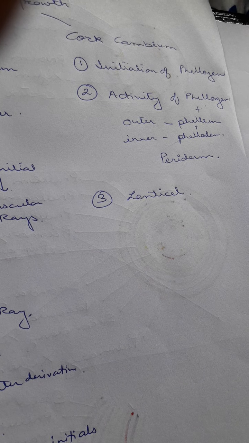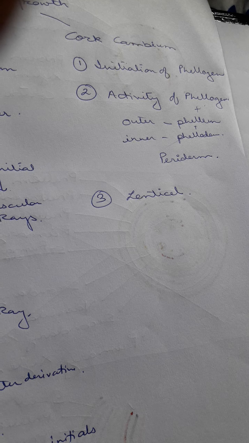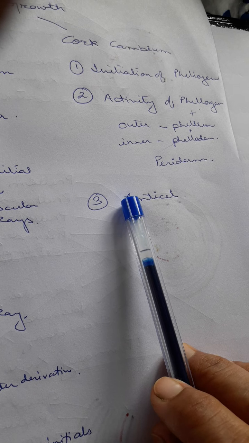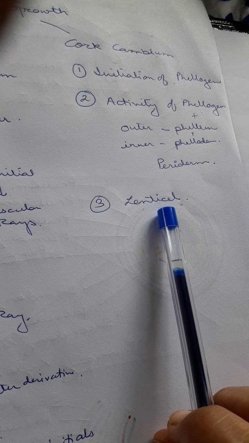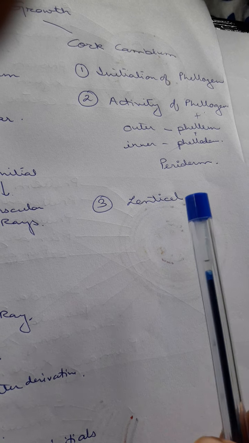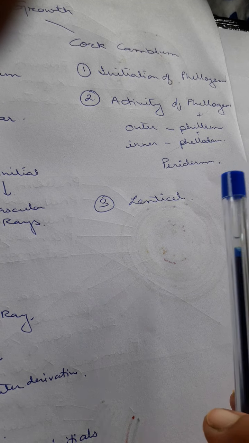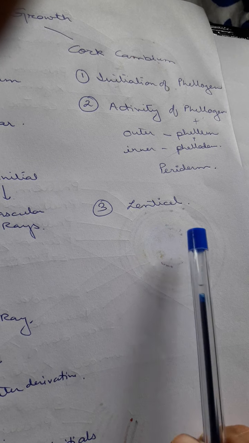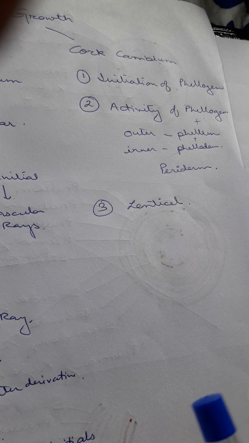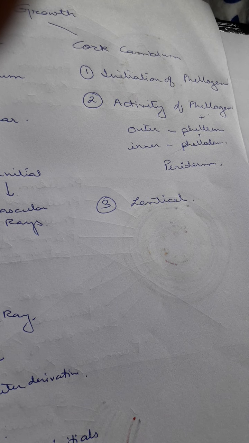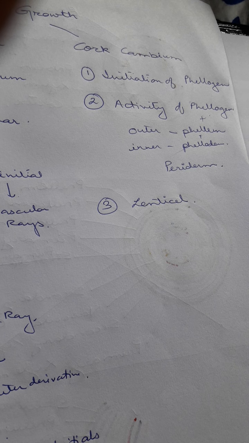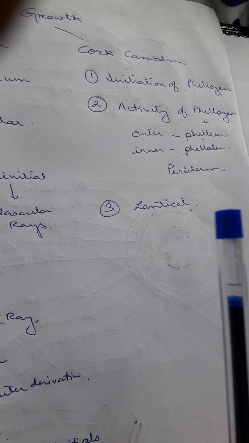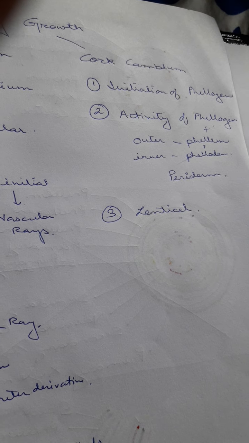Now again we find another structure, that is the lenticel. These are actually large sized aerating pores. Now we know that stomata are present in the leaves for aeration, but in the stem, these large sized aerating pores are known as the lenticels. These lenticels help in gaseous exchange, and during the winter time normally they remain closed. So this is the main function of the lenticels. These are present in the cork tissues. So you have to go through all these things.